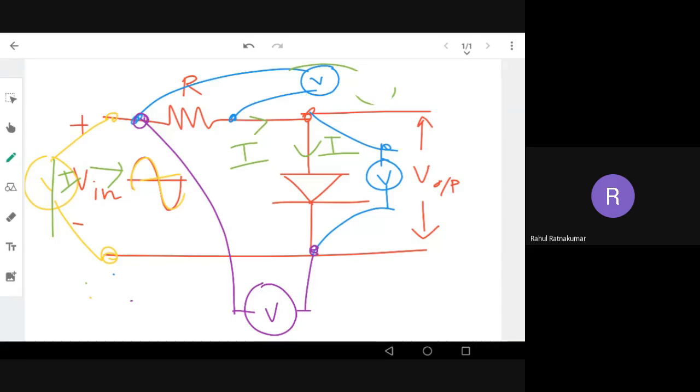Not telling what is the value of the current, because the value of the current is dependent on the value of the resistance and diode resistance, etc. But the wave shape, what is the wave shape of the current? So these things are very important in this course, and that makes you a circuit designer or an engineer, right? So it will help you to design.